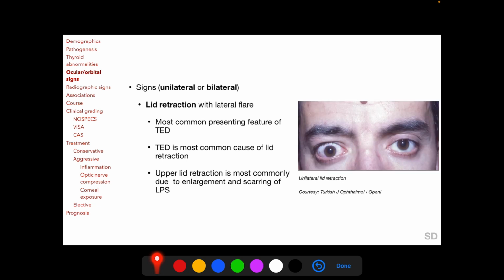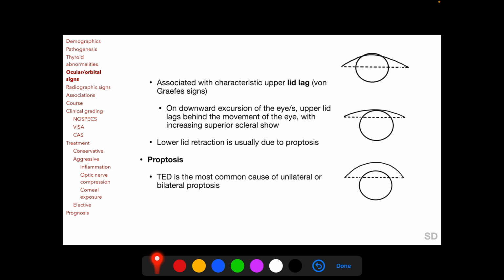lid retraction. Upper lid retraction is most commonly due to enlargement followed by scarring of levator palpebrae superioris muscle, but lower lid retraction is mainly due to the proptosis itself. The upper eyelid retraction of TED is characteristically associated with an upper eyelid lag, also known as the von Graefe sign, in which on downward excursion of the eyeball, the upper lid lags behind the movement of the eye with